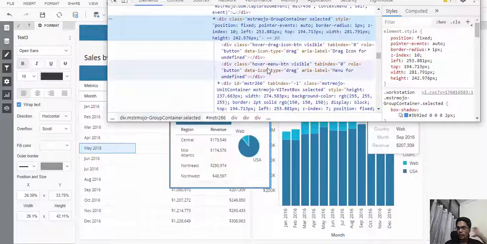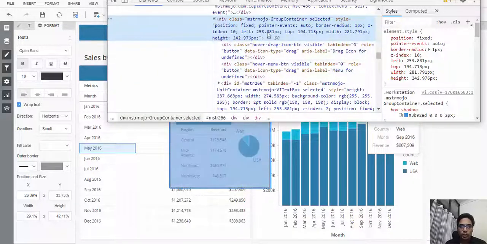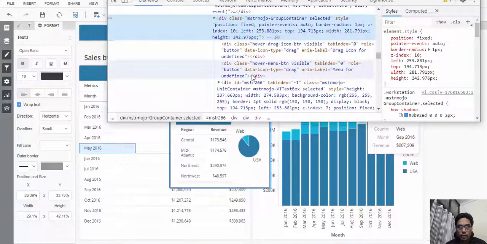Okay, what we have to do is capture or get this particular div using some identifier by which we can identify it, but here we don't have an ID by which we can identify this div. So we need to use some other approach.